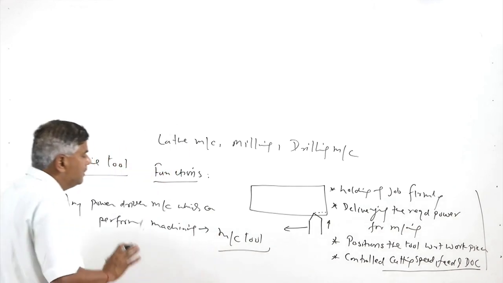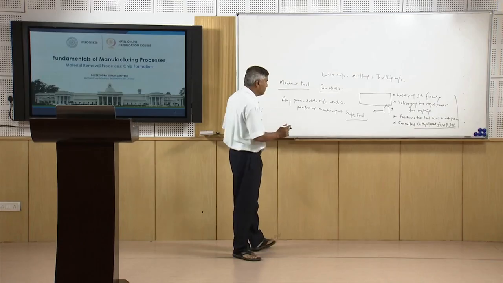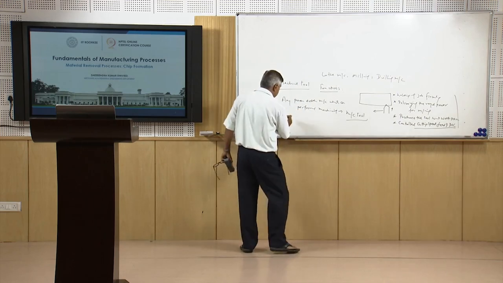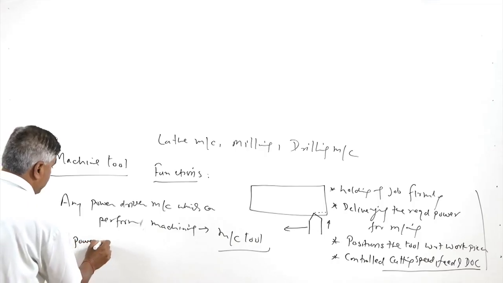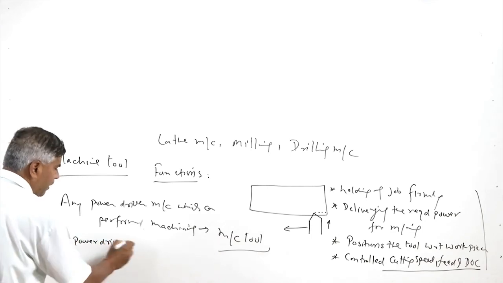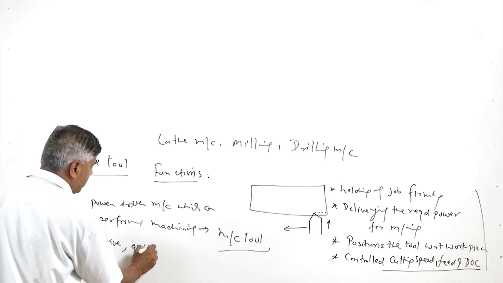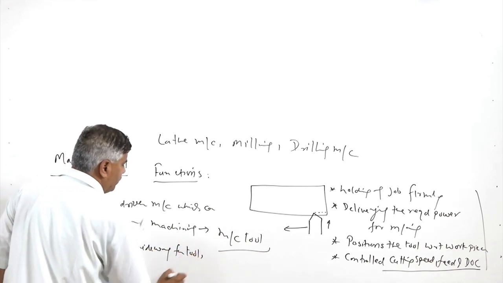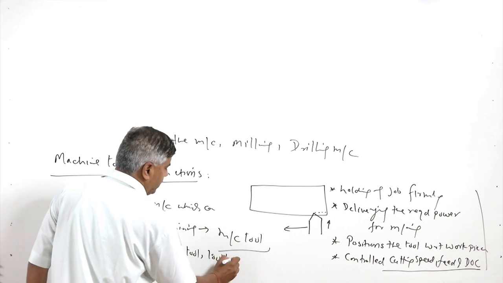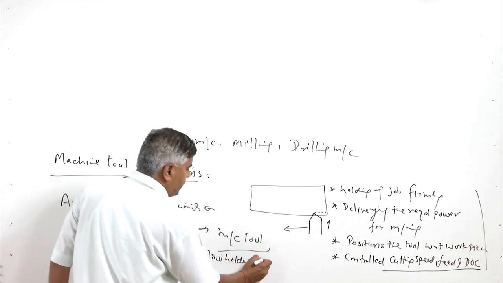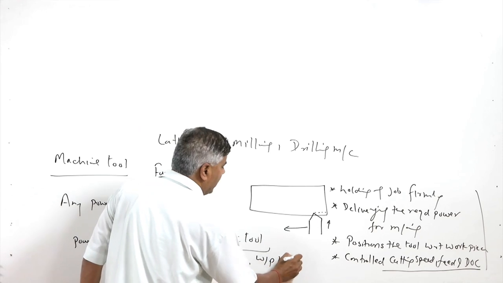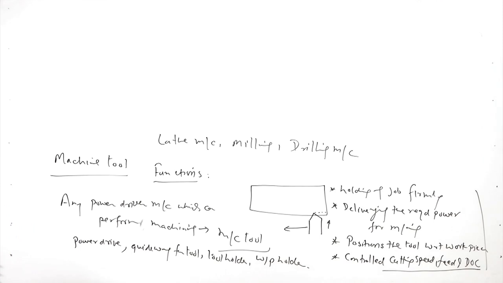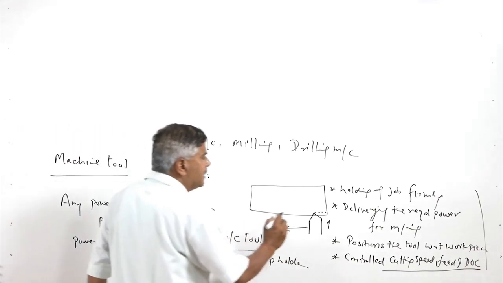A machine tool has a number of systems, like the power drive, the guideways for tool movement, the tool holder, the workpiece holder, and likewise a number of other attachments,